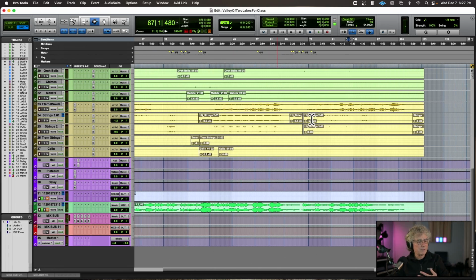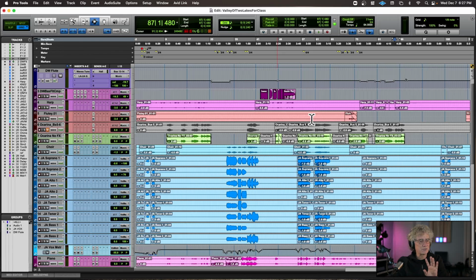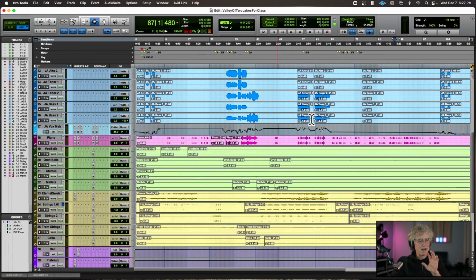Now, this was an effective cue in this film, but if you notice, it's very harmonically static. It's based around a drone, and yeah, the chords move in a few spots, but the whole thing is very static. But again, I can't stress this enough about how orchestration helps to tell the story of your music, and how you can have something as simple as this. Not simplistic, because there's a lot of detail and a lot of subtle things going on.